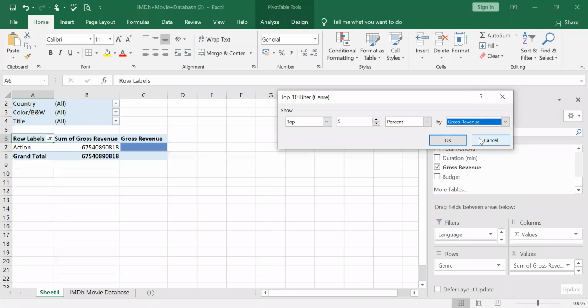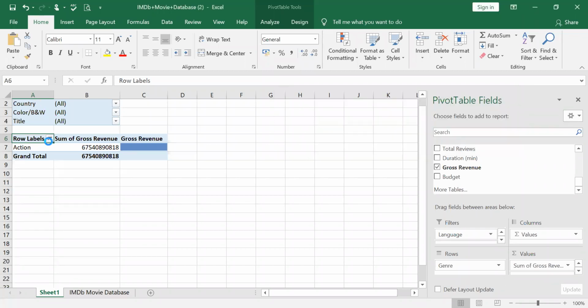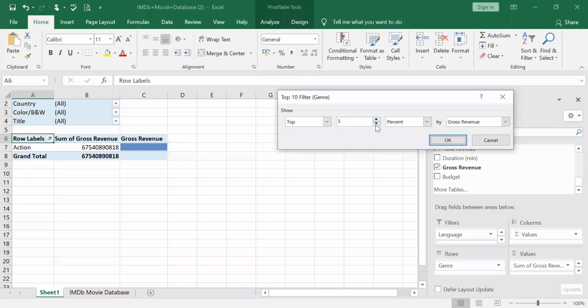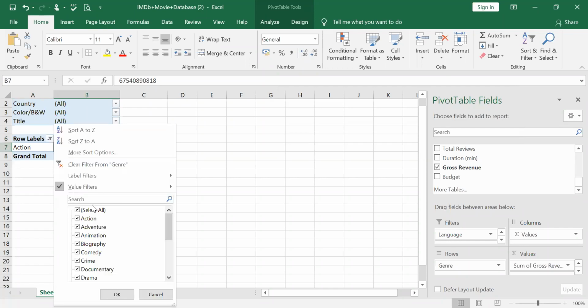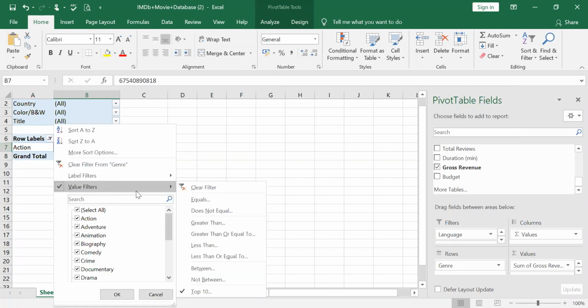Rather, we can select gross revenue. You can go by gross revenue, top 10. Okay, this is the only one which comes in the 10 percentile. So this is how we select top 10. We will come to it one by one. Specifically when we go to value filters, I will explain how we can select item wise.